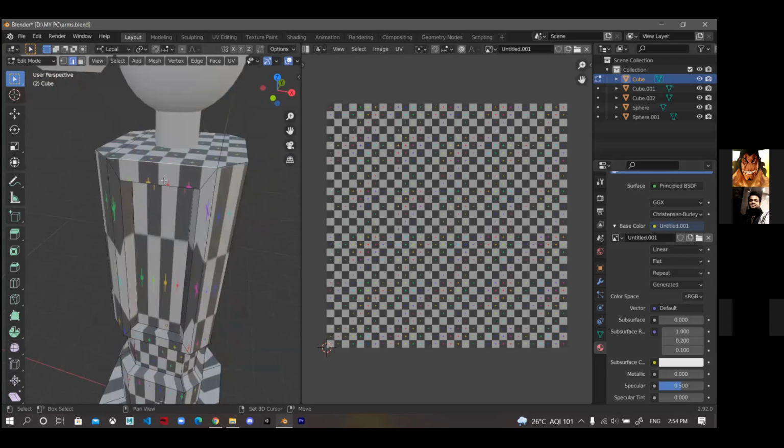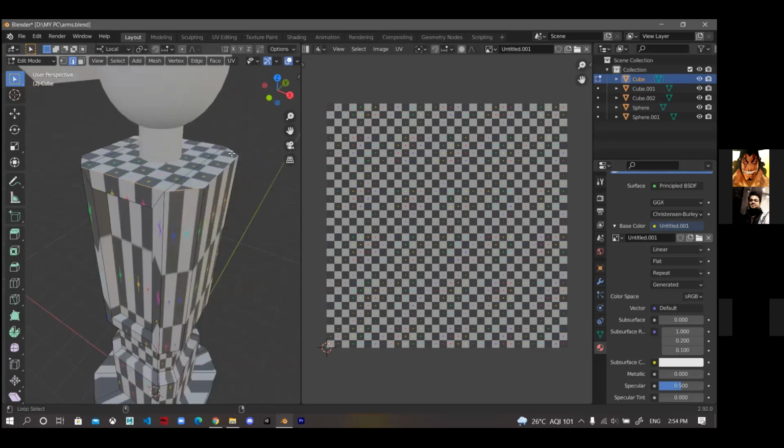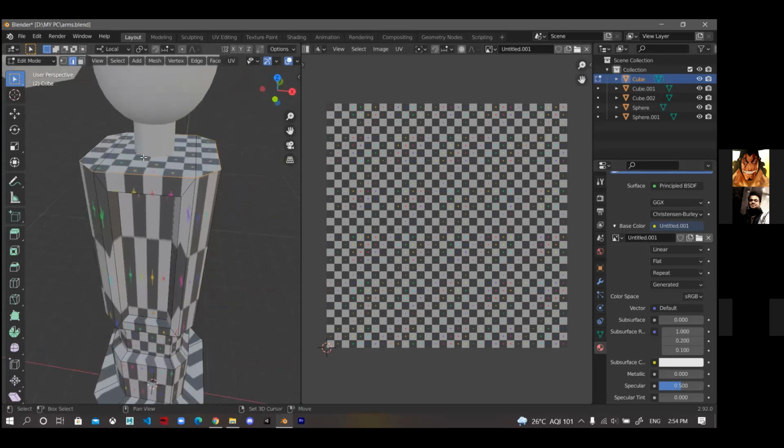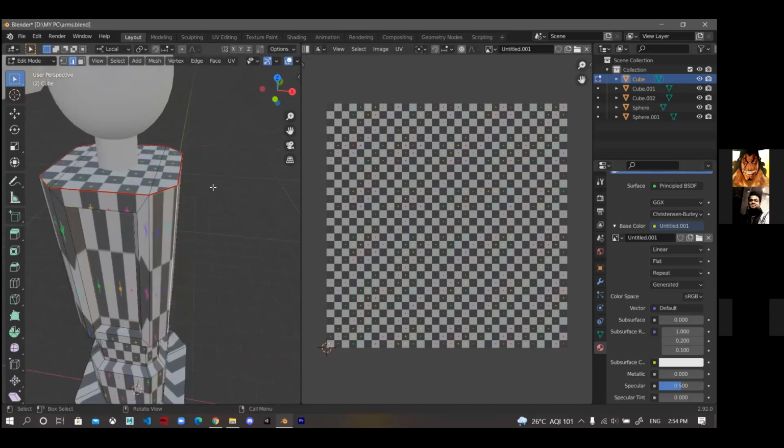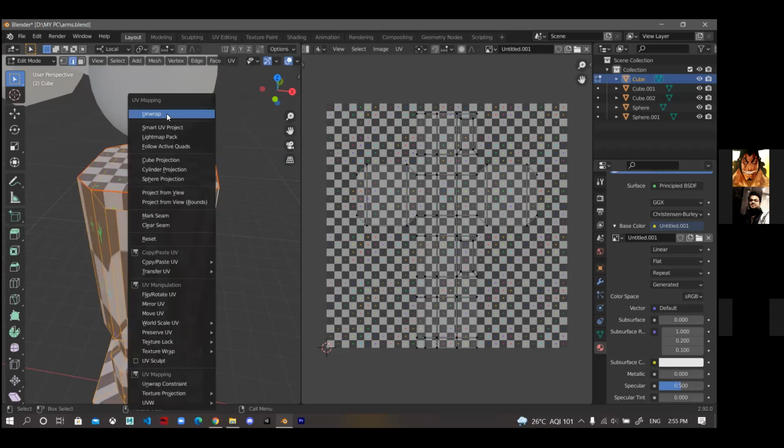Now what we will do is select this edge around the corners and mark seam. We will just cut this. After cutting, we will unwrap it.